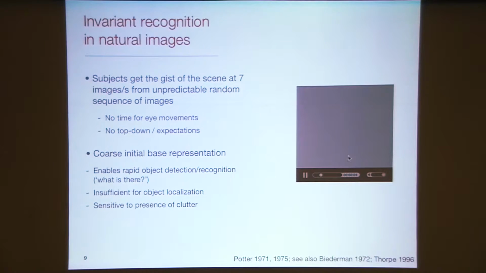So what have we learned from this type of task? Obviously, those are not natural everyday vision where you are free to move your eyes and shift your attention around. They highly constrain the amount of time available to your visual system. And so what we're hoping is that these types of tasks are essentially tapping into what I would call the core object recognition system. It's essentially tapping into the kind of very coarse representation that the visual system is building during the first 150 milliseconds of visual processing before cortical feedback becomes active.